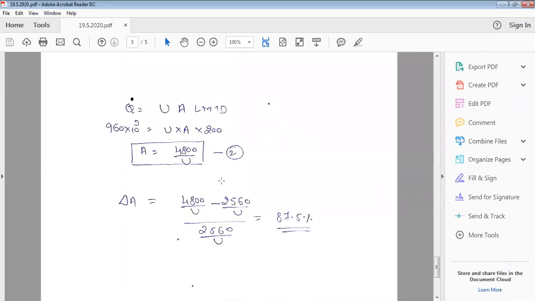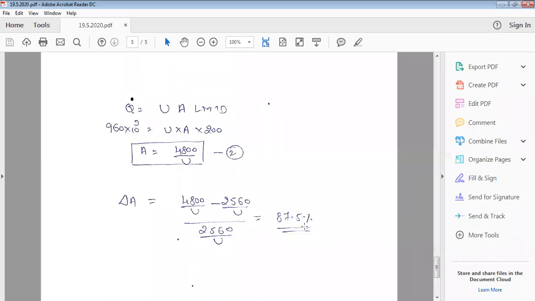Okay, now those two areas we calculated. I will do area 1 minus area 2 and divide by area 2. If I do it, these constants will go and it will lead to 87.5 percentage increase in area. Okay, I hope now you understood. For both the cases, we calculated the area and compared; the change in area will be 87.5 percentage. I hope now this problem is clear.